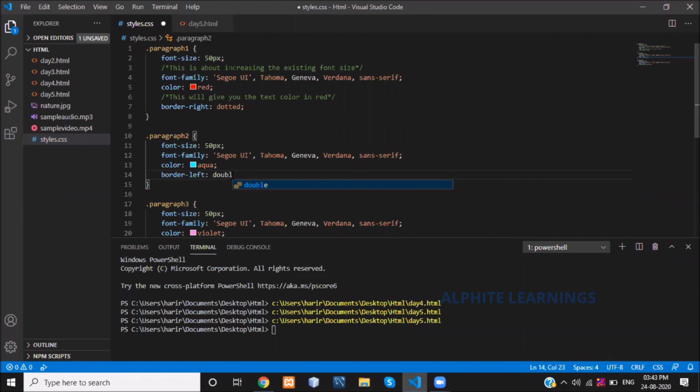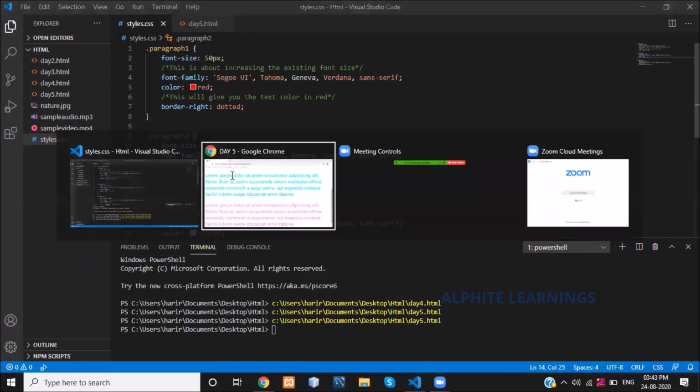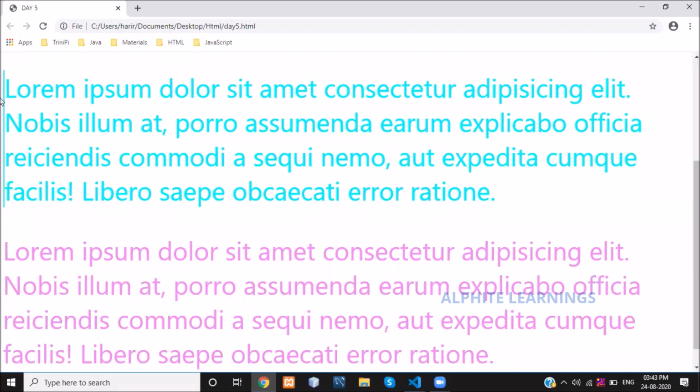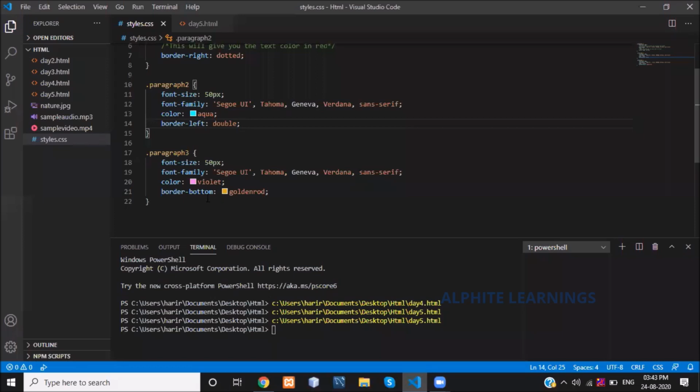Instead of specifying the style, I had given the color there. See, a double line is displaying on the left side. For the border-bottom position, what style of border do we want here? I am giving dashed.